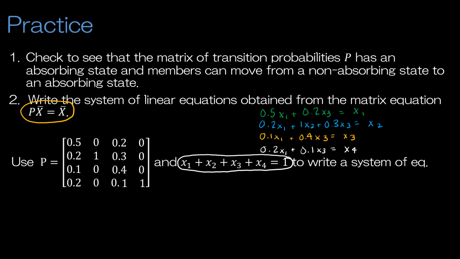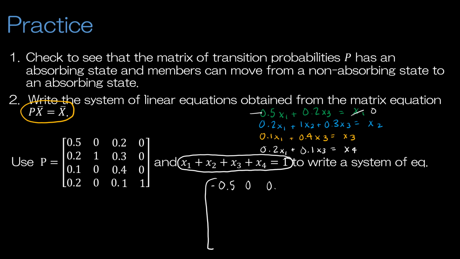So what I have now is I'm going to have a matrix, and in this equation I'm going to subtract x1 from each side, and that gives me 0.5x1 minus 1x1 gives me negative 0.5x1. So that gives me negative 0.5x1,